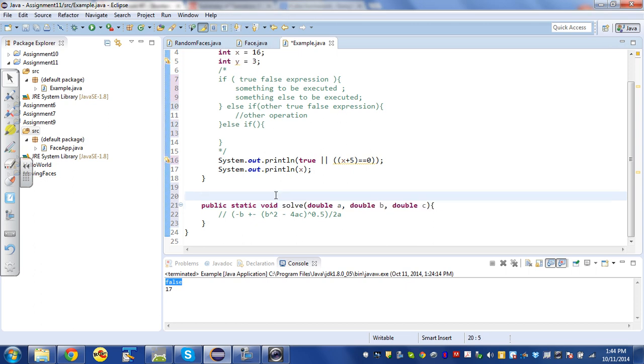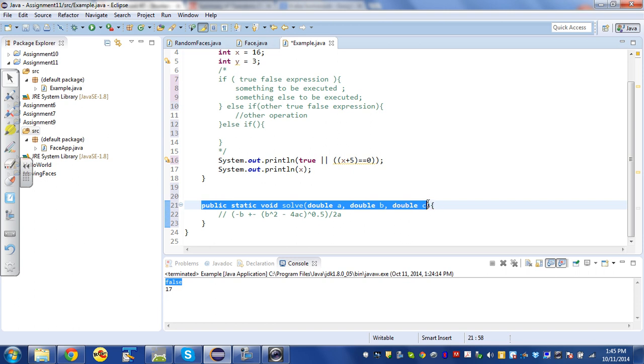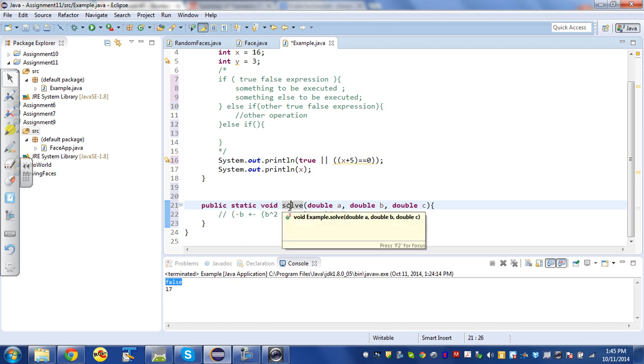Okay, the infamous solve method. This was a little difficult. This solve method, I really wanted you to write it exactly the way I had specified in the assignment, where it was public static void solve double a, double b, double c. And the assignment said that it prints the solution to the quadratic equation. So in your Javadocs, I would have expected something like